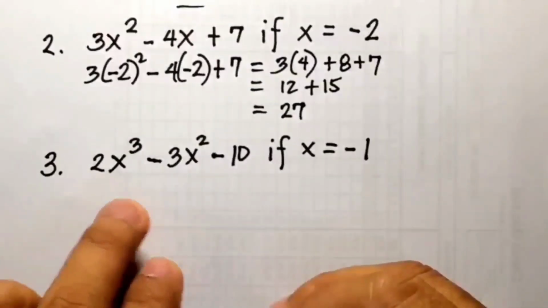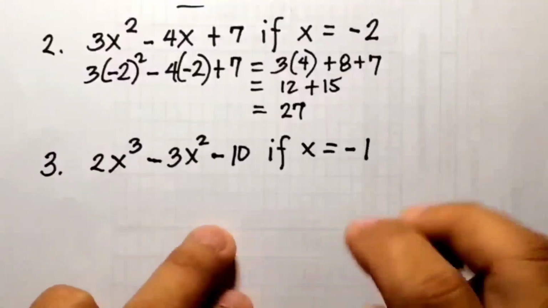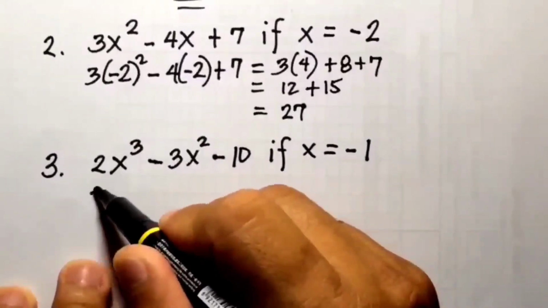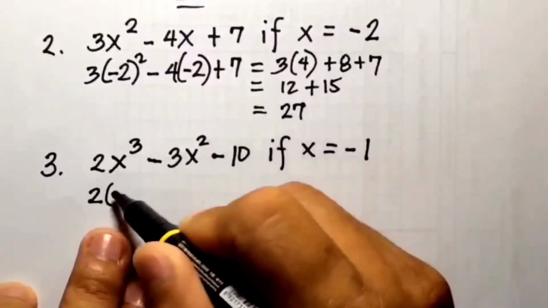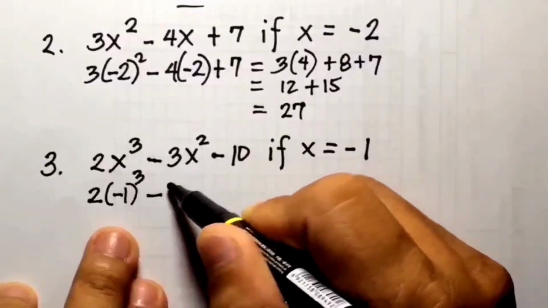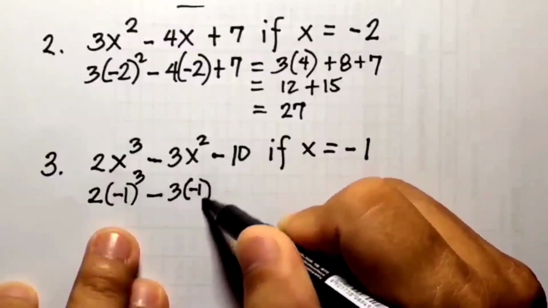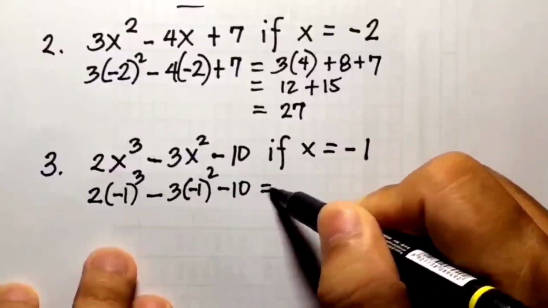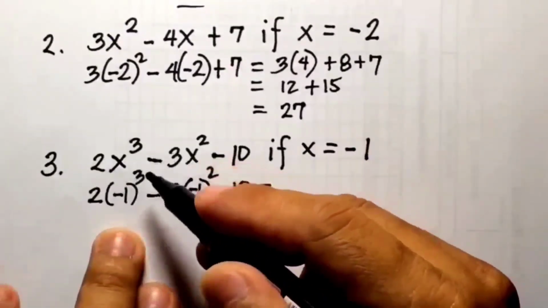Then number 3, 2x cubed minus 3x squared minus 10. So what will be its value if x equals negative 1? So we're going to have here 2. Then x here, so we're going to substitute this one with negative 1 cubed, then minus 3, then another x here, so we're going to have this one as negative 1, then squared, then minus 10. This will be equal to, so exponent first, negative 1 cubed, negative 1 times negative 1 is